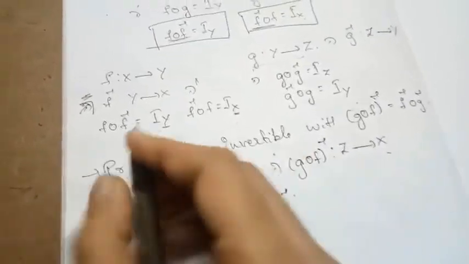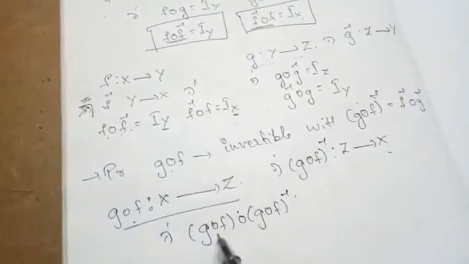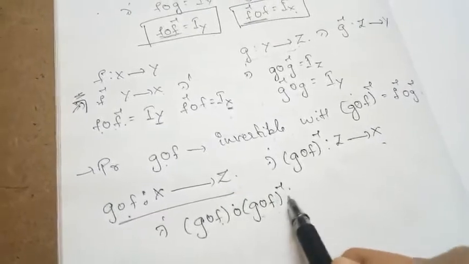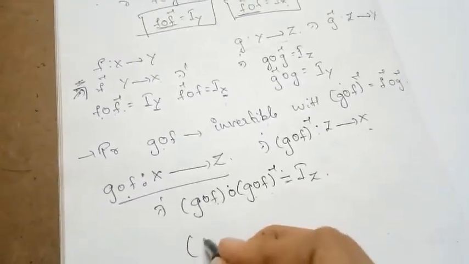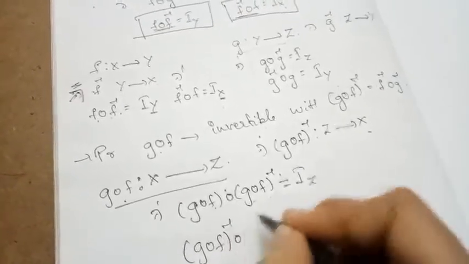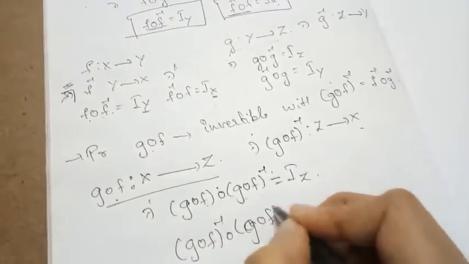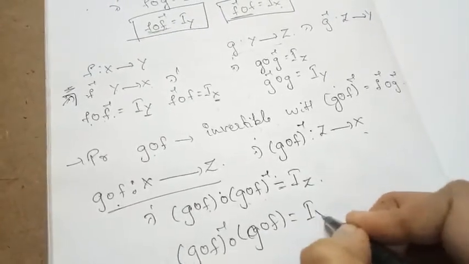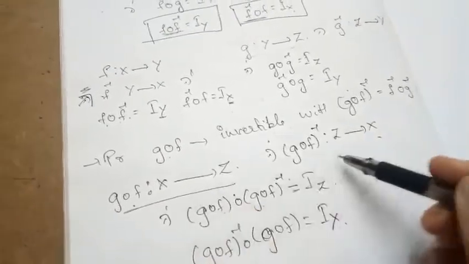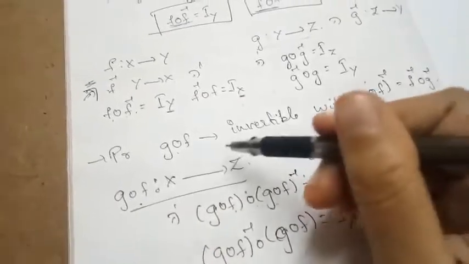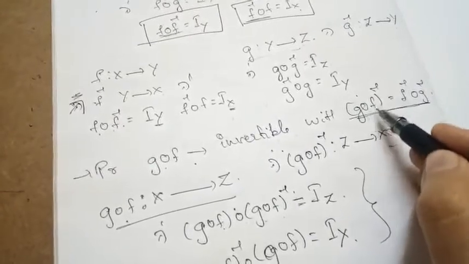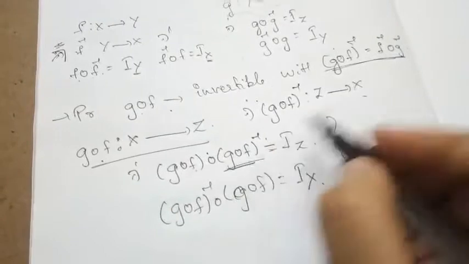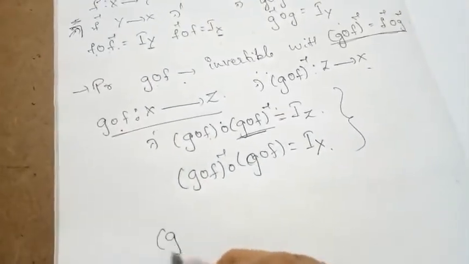composed with its inverse, the way we used to do f of f inverse. So g of f of (g of f) inverse is equal to I_Z, and (g of f) inverse of g of f is equal to I_X. If we prove this, then g of f is invertible. With what they have said, (g of f) inverse is equal to f inverse of g inverse. So I am replacing (g of f) inverse with